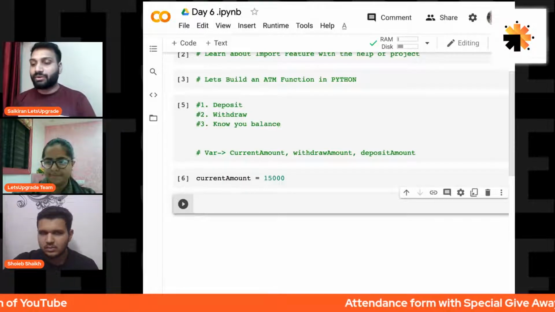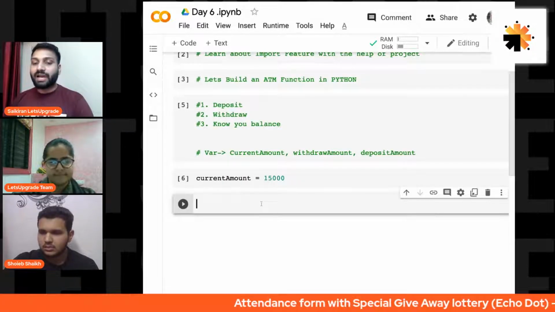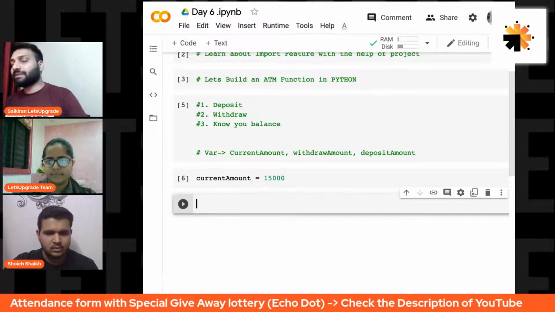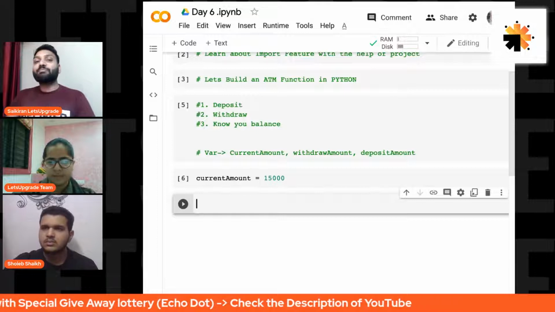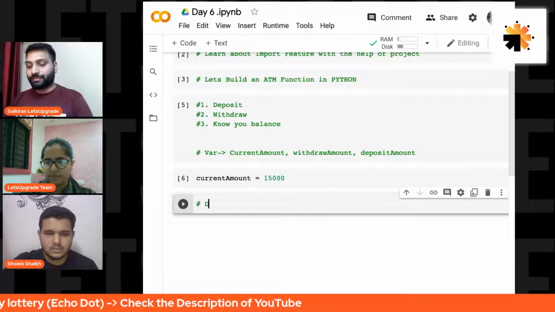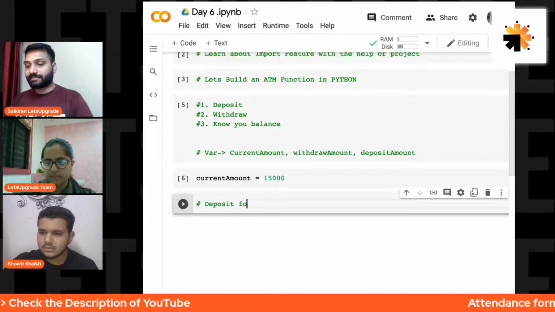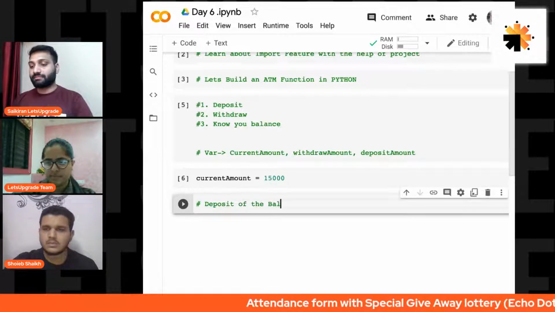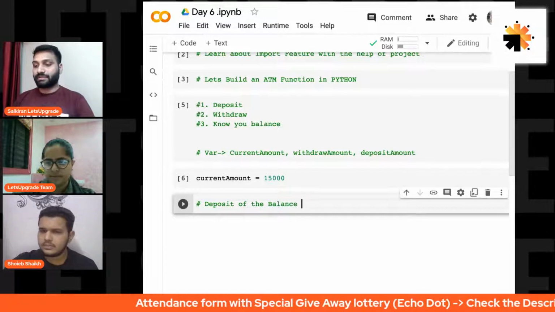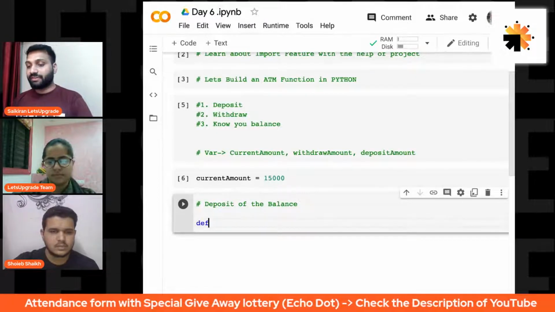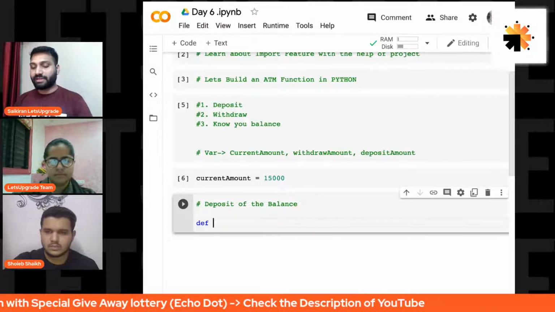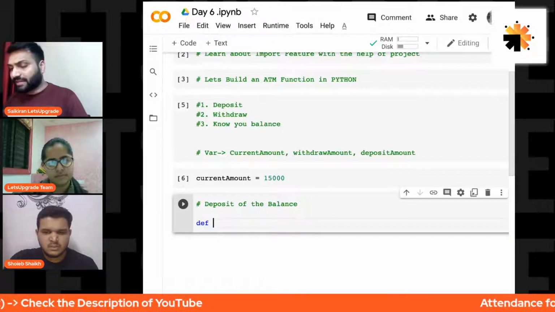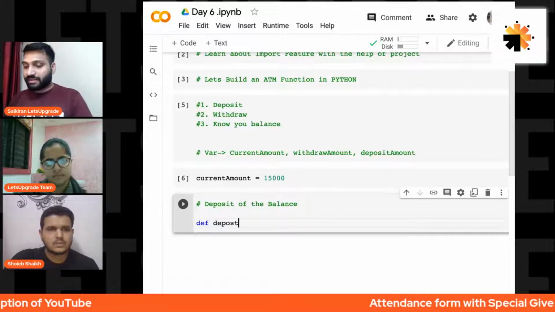Okay, so this is the current amount of our account right now. In this current amount, we need to write a function inside Python for adding more amount, for the deposit of the balance. Okay, fine. So now how will it be? It will be def. def is used for defining a function. def deposit